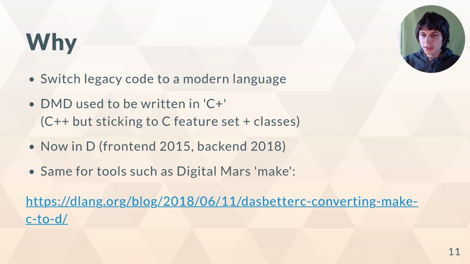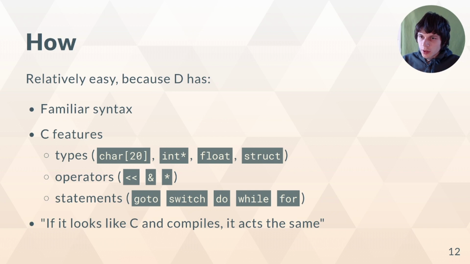After a big manual translation effort, both the front end and back end are now written in D, and many of the Digital Mars native compilation tools, as well as their build system Make, have been converted to D as well, even though they were originally written in C. I have linked below a blog post written by Walter Bright about how he converted Make from C to D using better C. That should cover some of the reasons why you want to translate it,